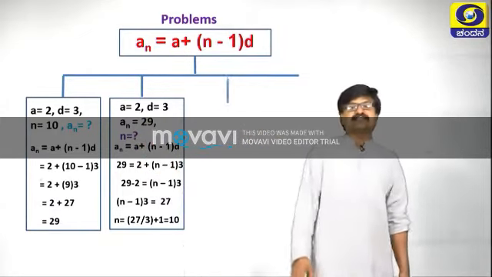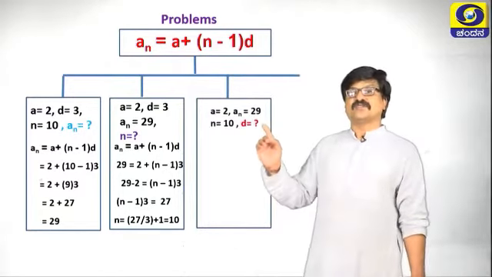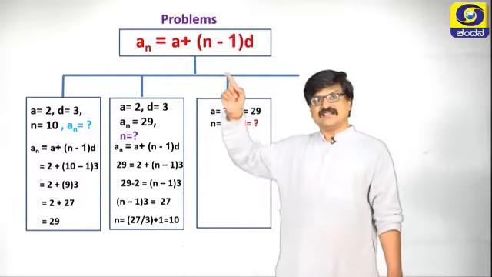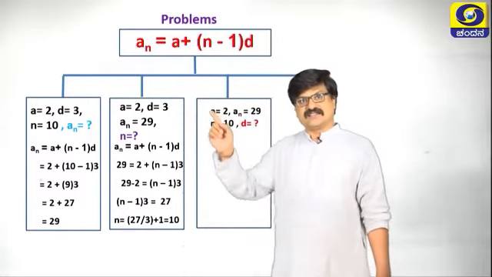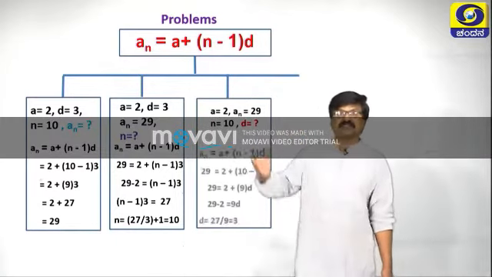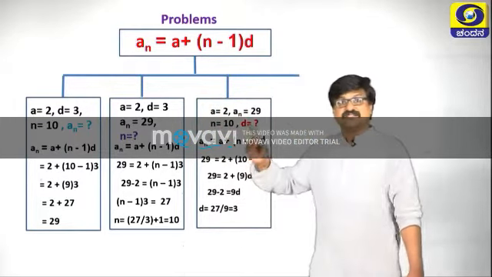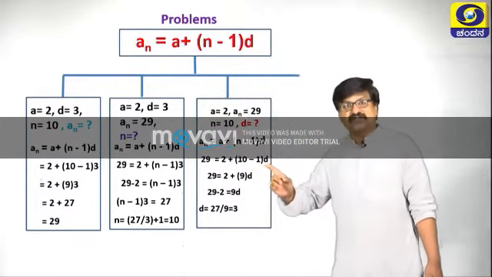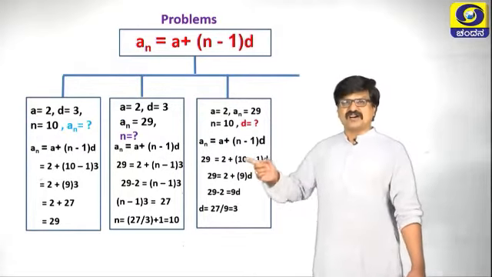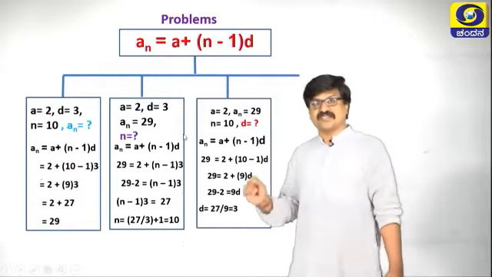Let us take the third case, it is again very simple, because we have to find d. So, a is here, an is there, n is here. Can you find d? Then what formula are we using again? Same only, that is an equals a plus n minus 1 into d. Substitute the values, simplify in the proper way. Most of the students make mistakes in the simplification process only.